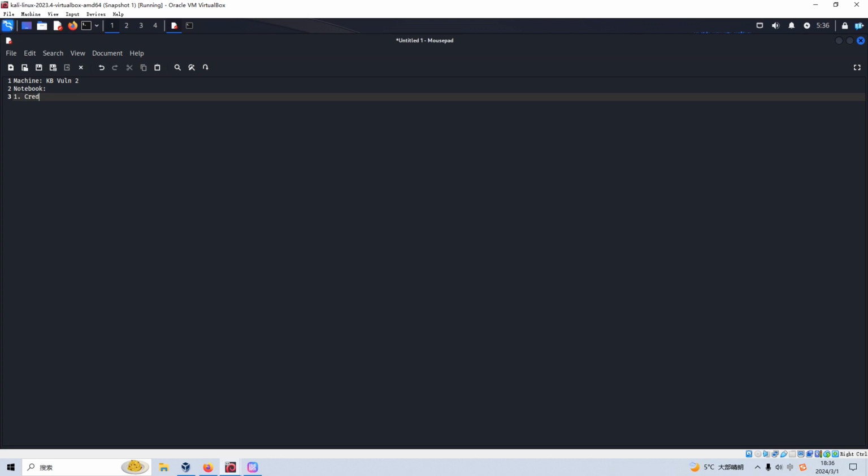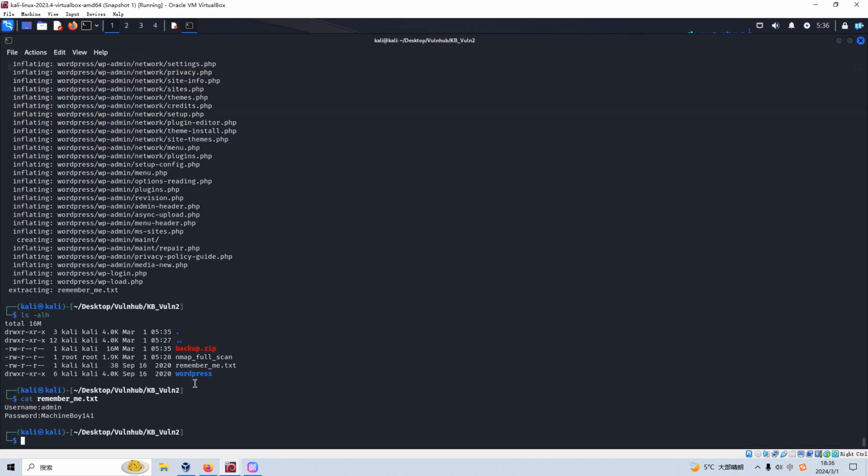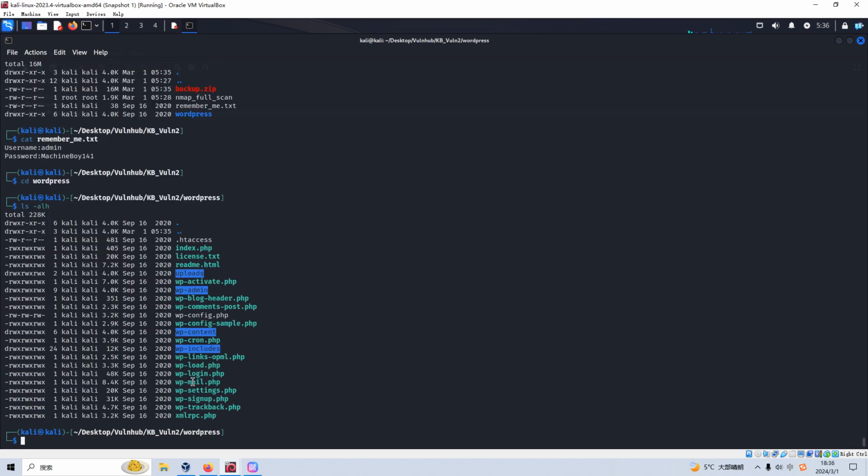Credential. And then I think WordPress. So from this directory name, we can tell that the target is possibly running WordPress application. So this is the backup of the application. So we can go inside this directory. Yeah, a lot of WordPress installation directories and files, and we can cat out this